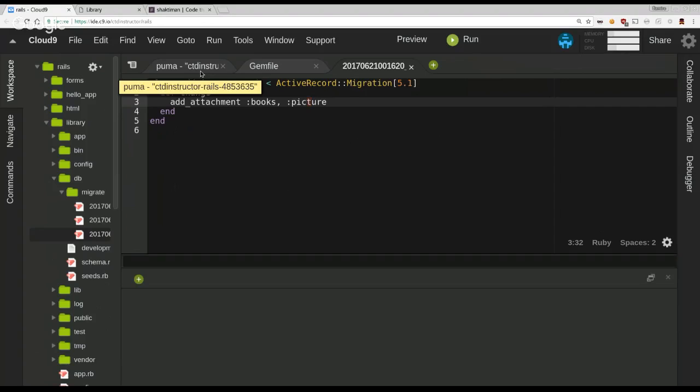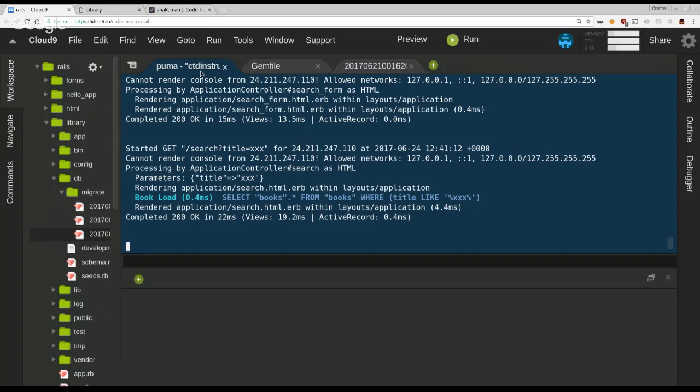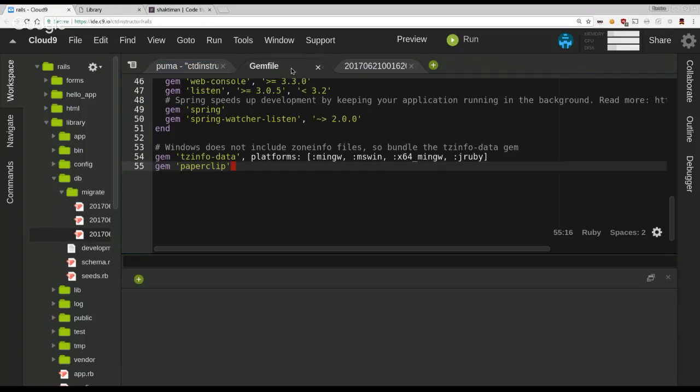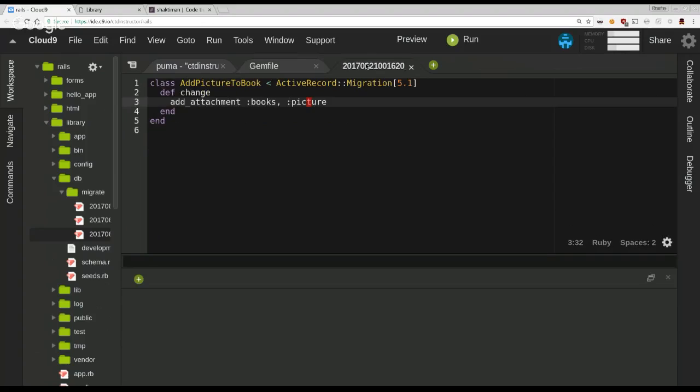Then we ran the migration by doing a rails db:migrate. So then that change was added to the database. So at this point, we have a new gem in our application. We have columns in our database. And now we have to modify our